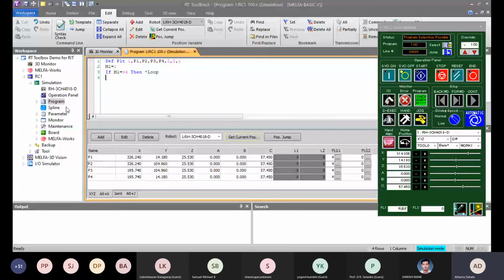So we want the robot to pick one piece from palette 1 and place it on the other palette and vice versa. So after that picking, we have to place it somewhere. So again, in the loop, I have to define the second palette here. But I have to take different coordinates. That's P5, P6, P7, and P8.